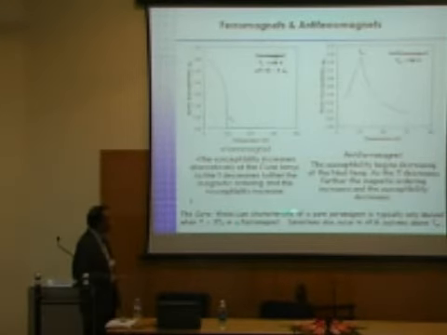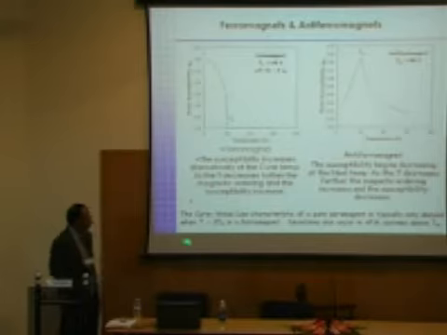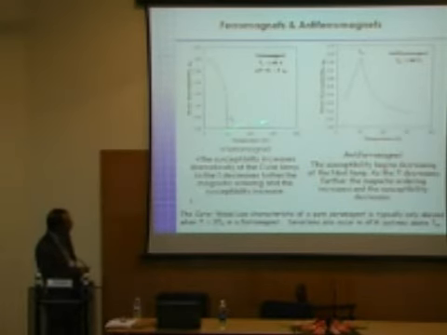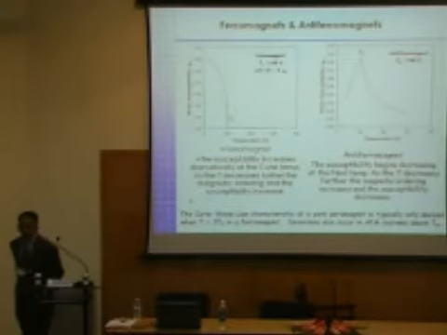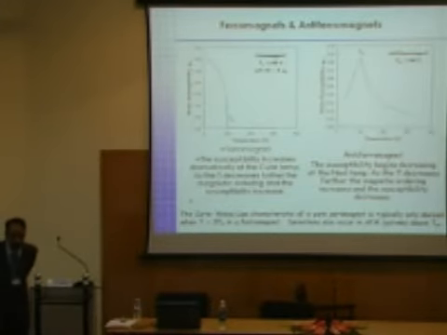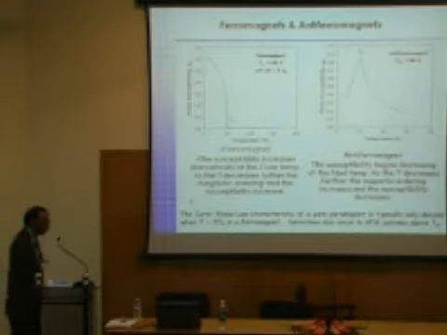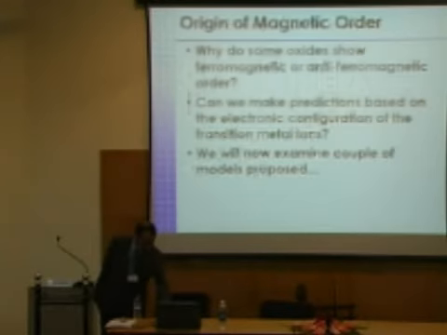So the Curie-Weiss law is basically valid for a pure paramagnet only when the temperature of the measurement is about 3 times the Tc. So if your ordering is at 100 Kelvin, the sample is truly paramagnetic only above 300 Kelvin. That is the general rule of thumb that we use in our studies.